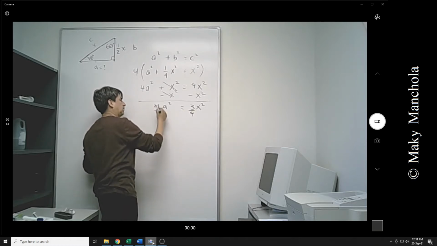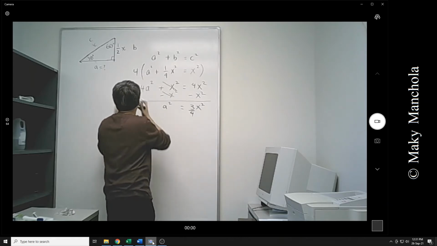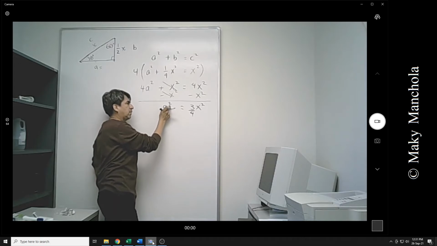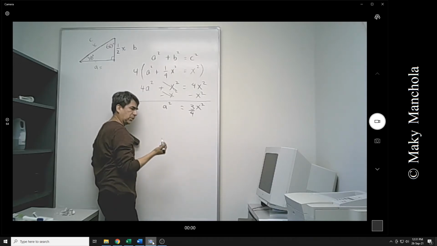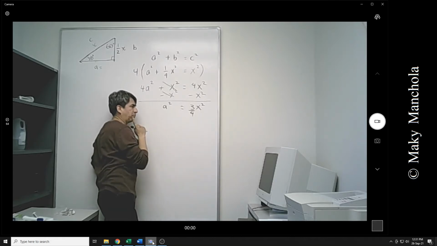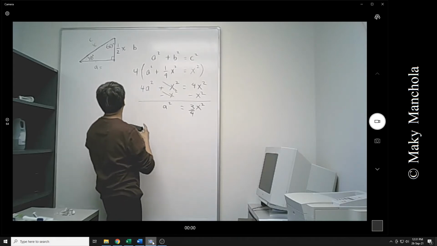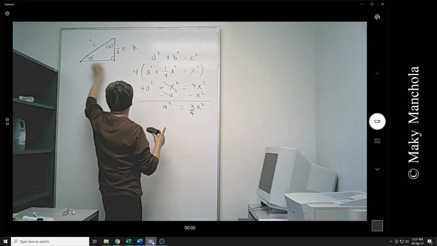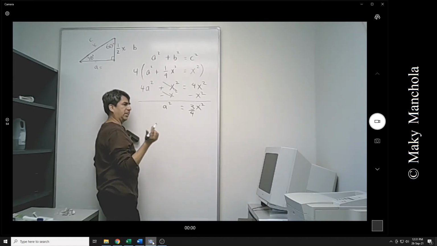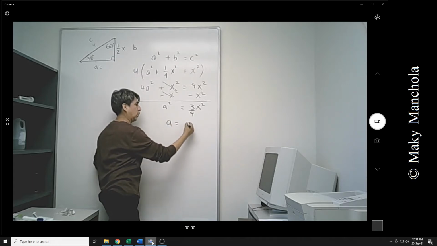Now, on the left side, the 4's cancel, so we end up with A squared. Now, I am looking for A, so I would like to get rid of this square. So use the square root principle. A will be the square root of the right-hand side. Algebraically, it could be minus or plus, but since here we are representing the length of a segment, we dismiss the possibility of a negative. So we end up with A equals just the square root of